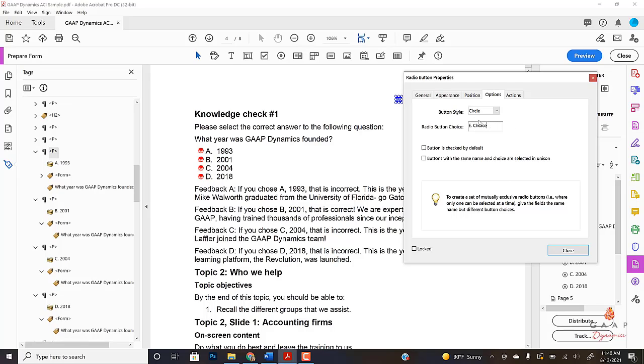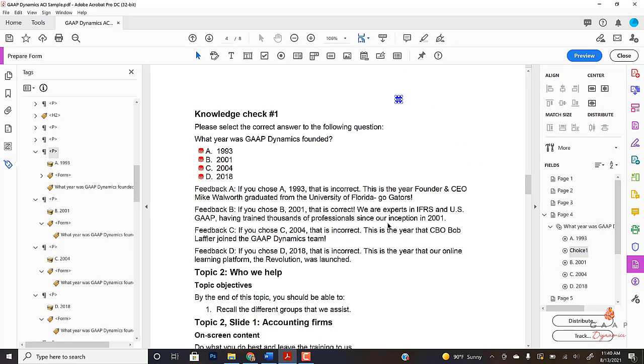So the next error, if you are somehow not able to add text to this radio button choice text box right here, what you can do is you can pop on over to this side panel right here, and as you can see, the answer choices are listed right here underneath the radio button. So if neither of those other options are working for you, you can go in right here and add in your answer choices manually here. Now I'm going to delete that